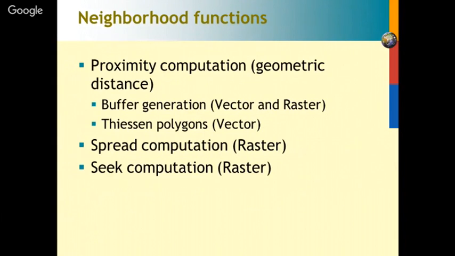Similarly, in case of raster, the neighborhood function says we need to have a spread flow computation, which means that if you're having a DEM or slope map of a particular area in a raster format, now we have to find out what may be the catchment area, or what may be the area where the water is getting collected. So for that, the flow models or flow accumulation algorithms are computed under the spread computation